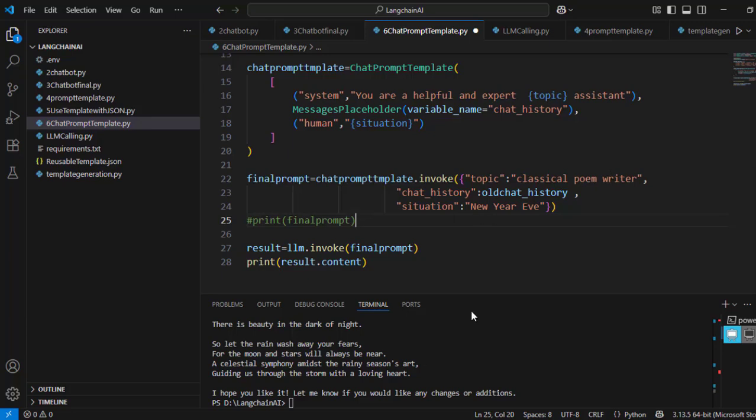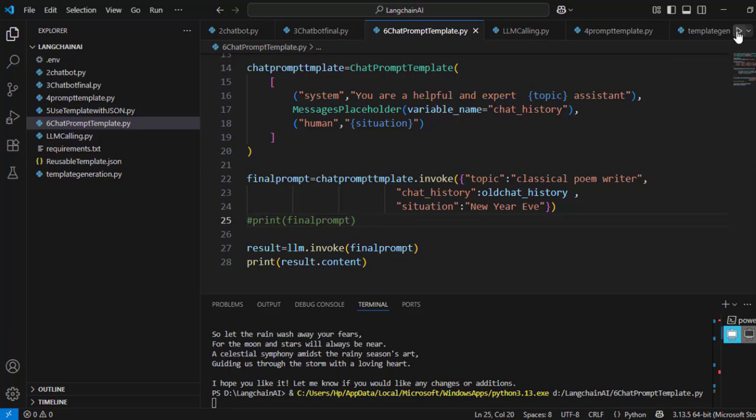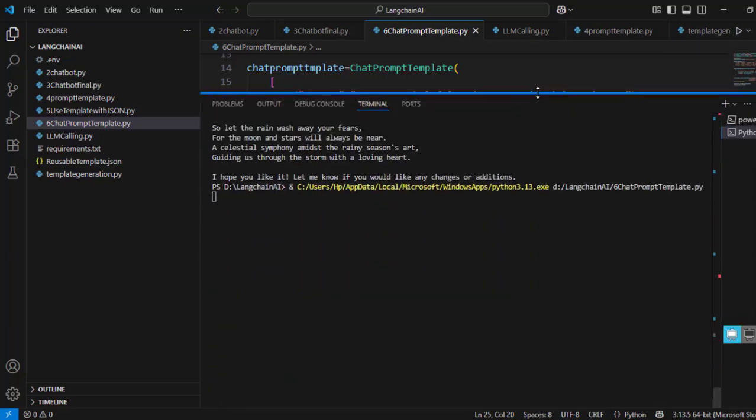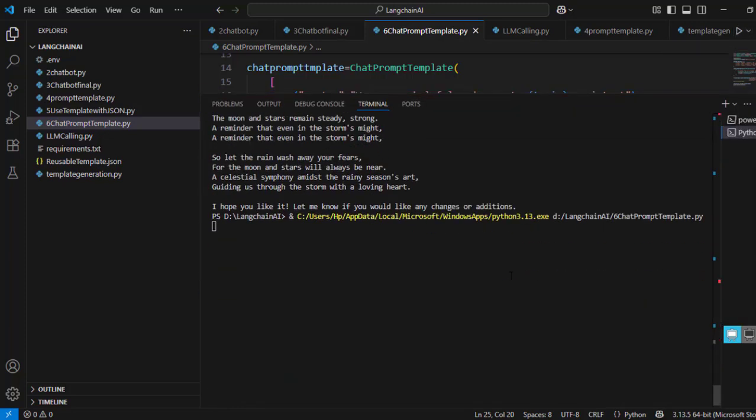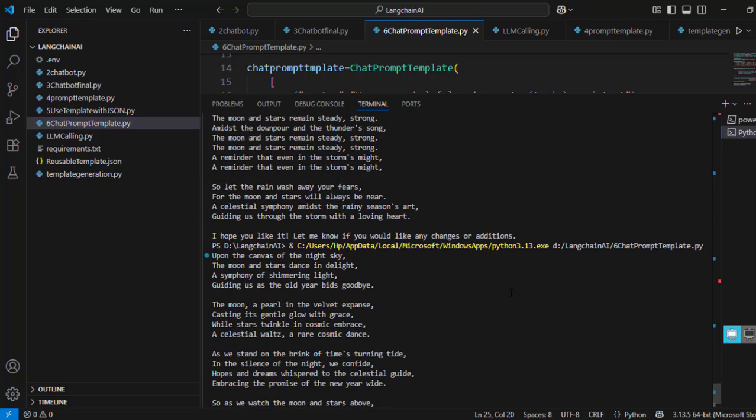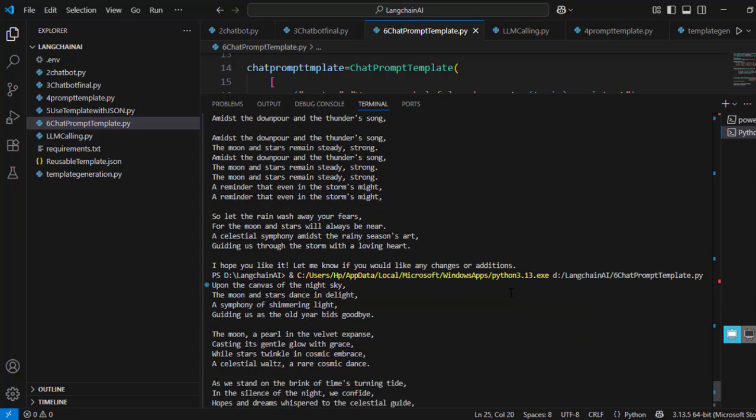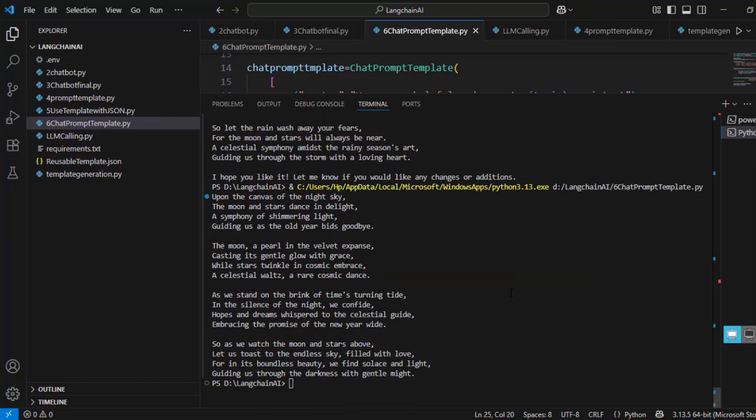This time I have changed it, and now I will run it. So my poem will be very different on moon and stars. This time I got a different poem based on my situation. So in this way you can create chat prompt